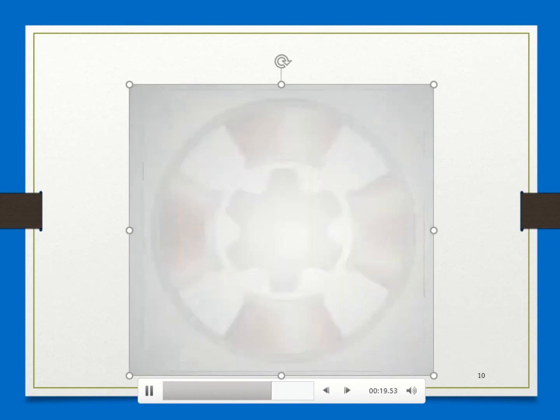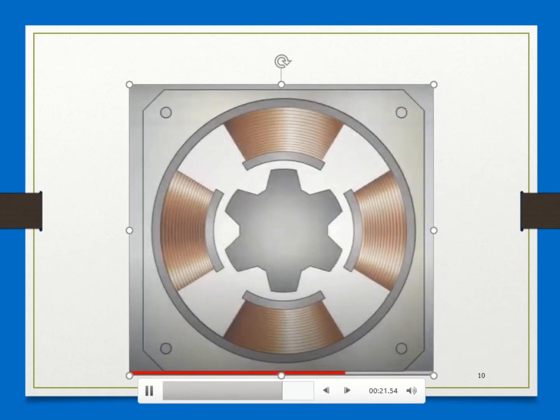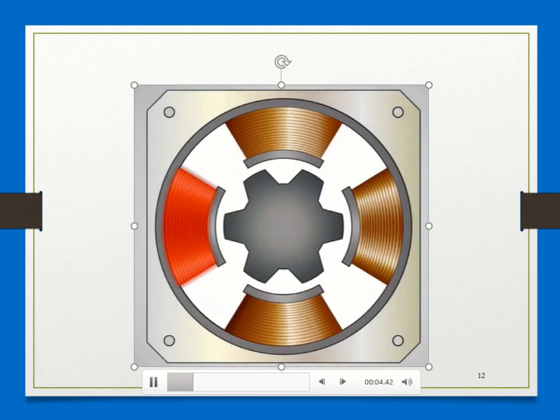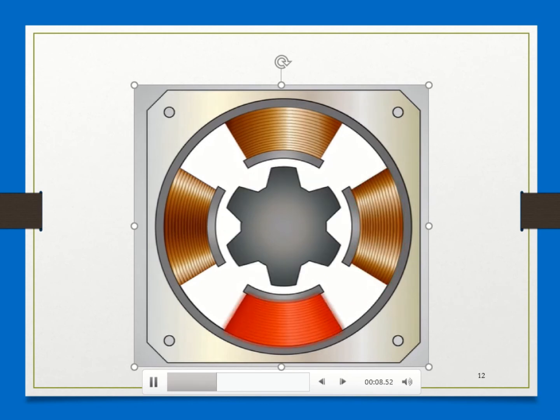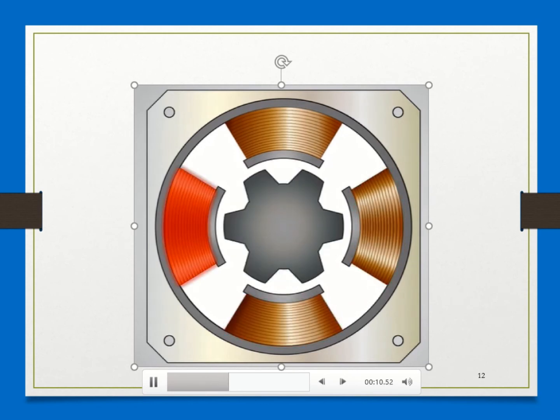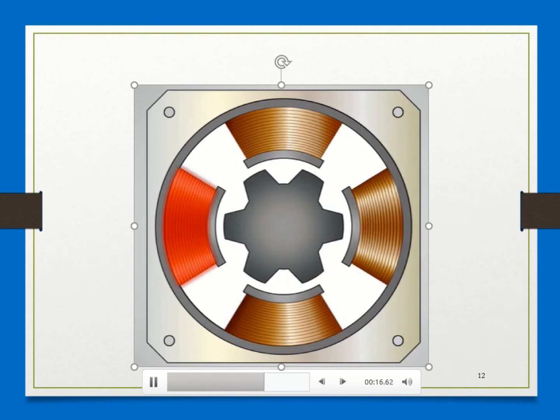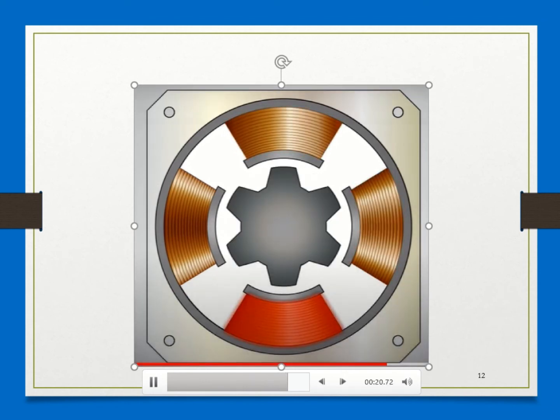So as we observe here, the variable reluctance stepper motor uses non-magnetized soft iron rotor. The rotor has teeth that are offset from the stator as shown here. And as we activate the windings in particular order, the rotor also moves respectively so that it has minimum gap between the stator and the rotor teeth.